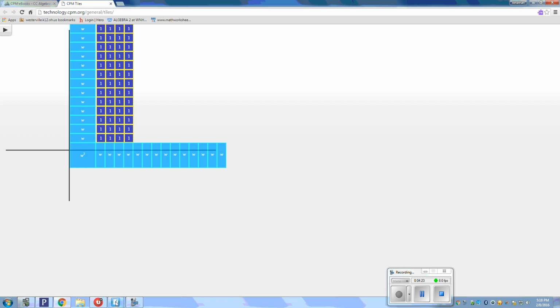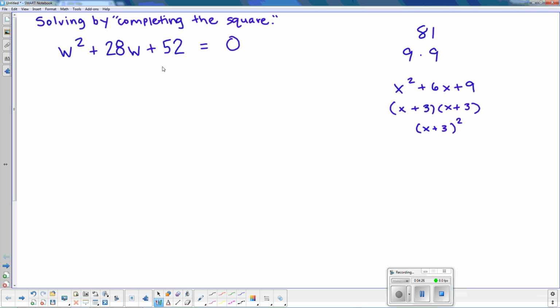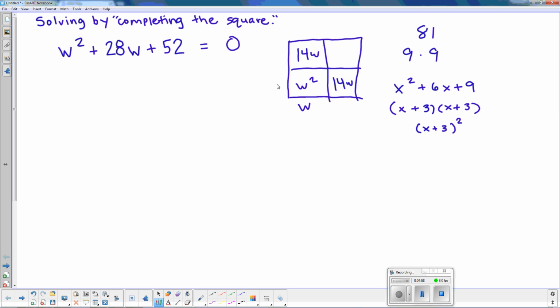So if we look back at the actual problem we have there, we need to take this, and if you're looking at it like a generic rectangle, I think a lot of the Algebra 1 classes are still factoring it using this. Ooh, don't judge my rectangle. But we have our w squared, and we took our 14 w's from half of it. We put 14w here, and we put 14w here, which meant that the dimensions of this are going to be